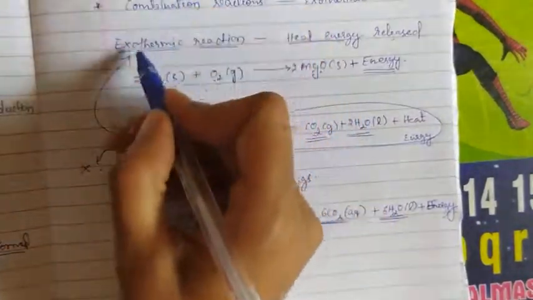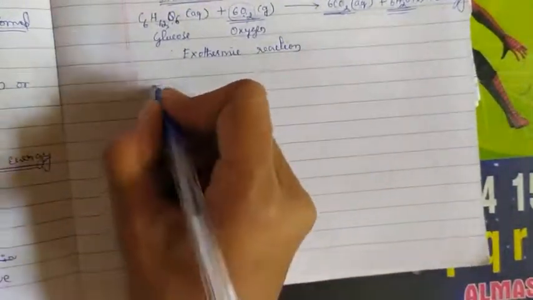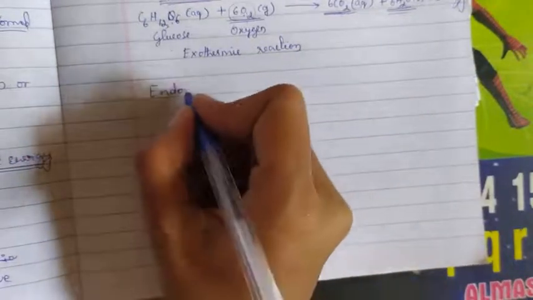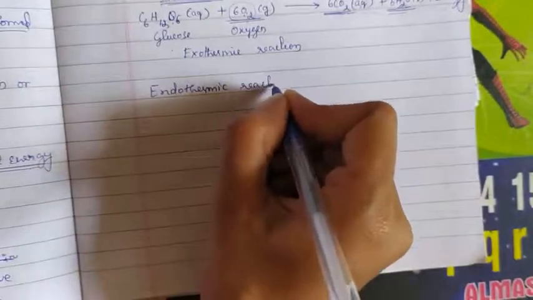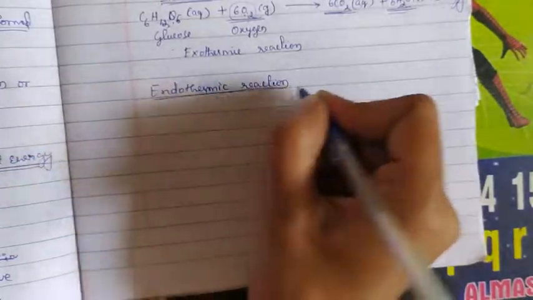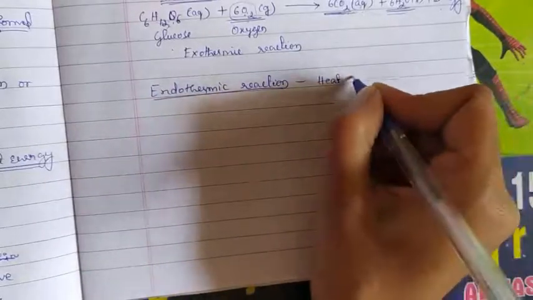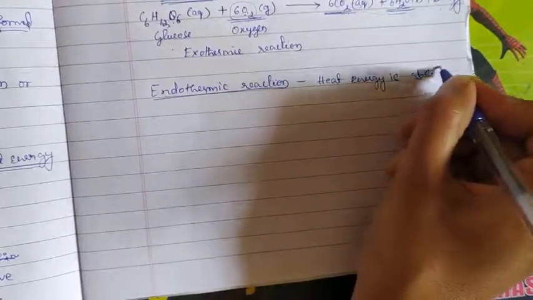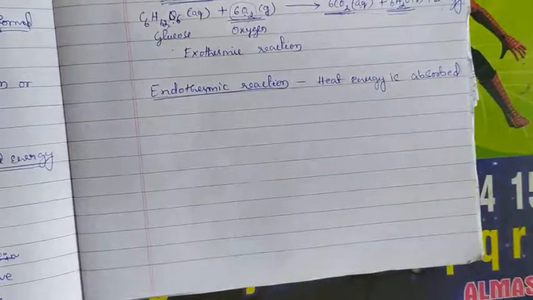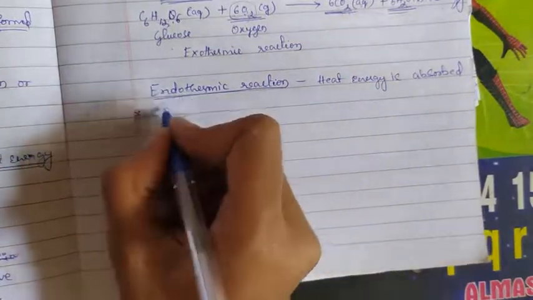We studied exothermic reactions. Now we will learn what an endothermic reaction is. The reaction in which heat energy is absorbed is known as an endothermic reaction. An example of an endothermic reaction is the formation of